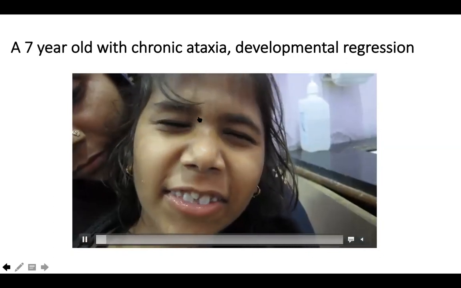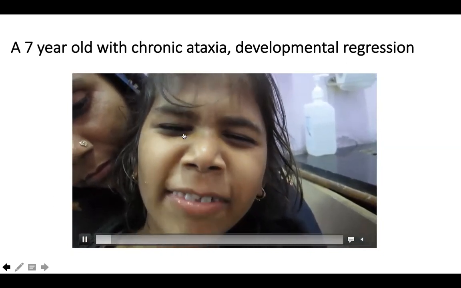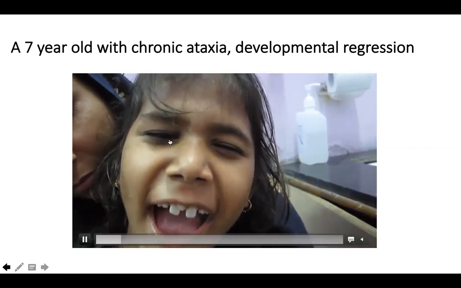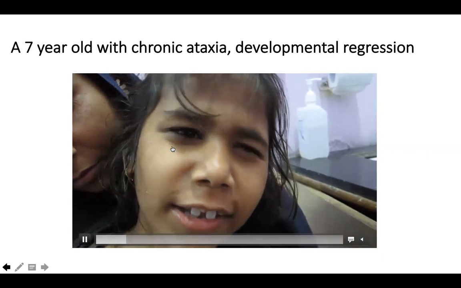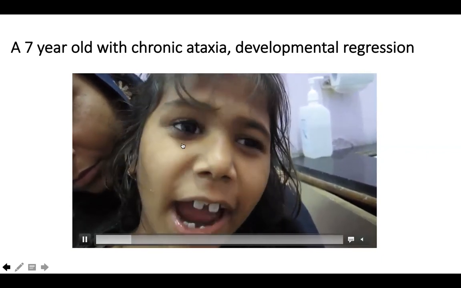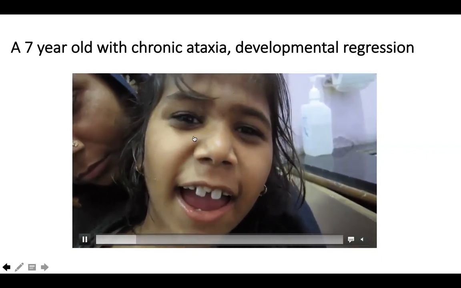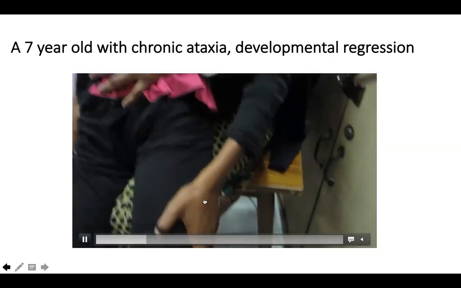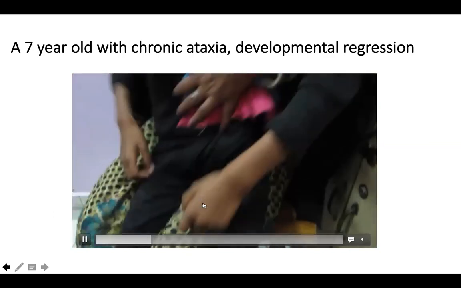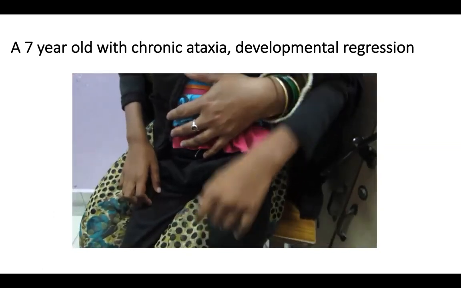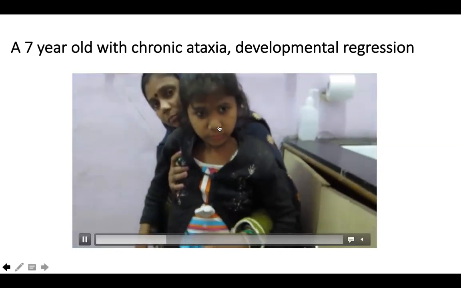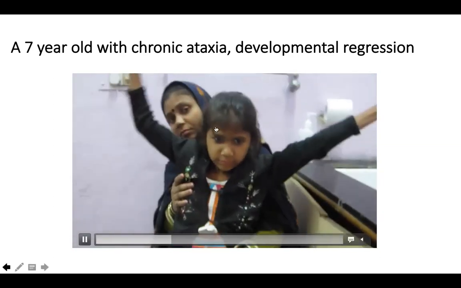We'll see this video again. You can see this to and fro movement. So this is nystagmus, whereas a saccade is just a horizontal jerk. When you see this form of pendular-like movement, a to and fro movement, sometimes there is also a fast component, but it's predominantly a pendular nystagmus, with spasticity and ataxia. This child has a progressive condition called leukodystrophy. So these sorts of eye movements, nystagmus, can be seen in cerebellar lesions, a to and fro movement.